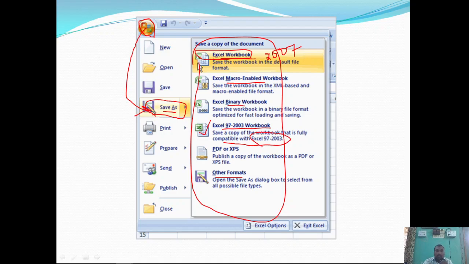Means this particular document, even though we are using the 2007 version of Office Suite, is compatible with the 97 version as well as the 2000 and 2003 versions. That we are going to discuss as the last topic in today's session.